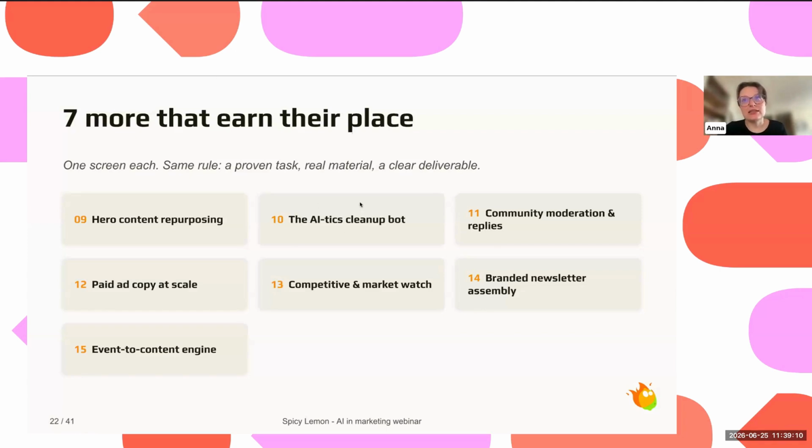The AI ticks clean-up is very important for me as well. Everyone hates the em dash and everyone hates the nominal sentences of AI. I found that the main solution for this is to always create very small agents whose only role is to correct this single mistake. So I have today a skill in Claude that ensures I don't have any em dashes in any text I may do.